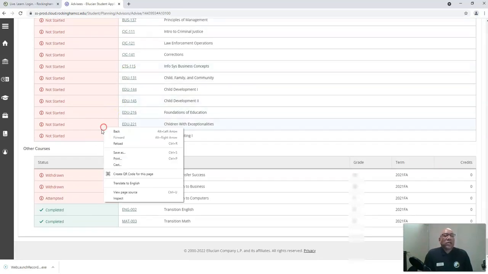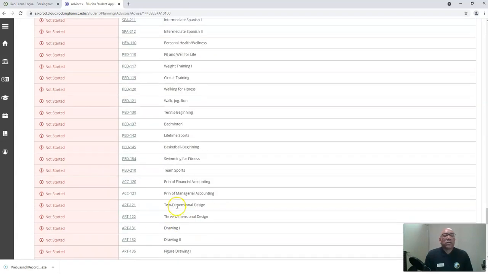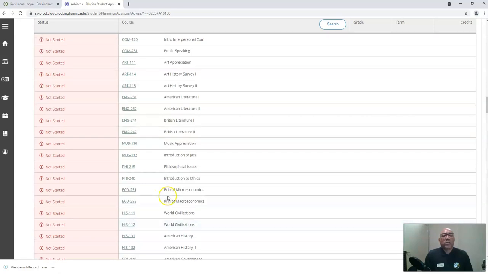As you scroll down to the very bottom, you will see courses that basically are on the student transcript. And with that being said, any courses that are not included in the degree will be listed here. This is basically the start of student transcripts. So as we scroll back to the top,